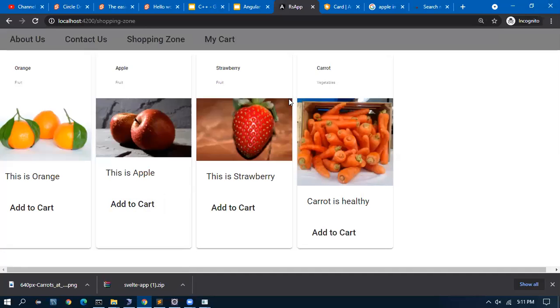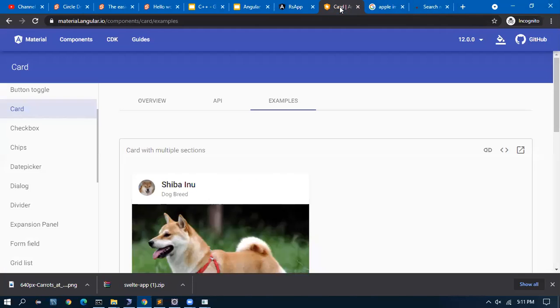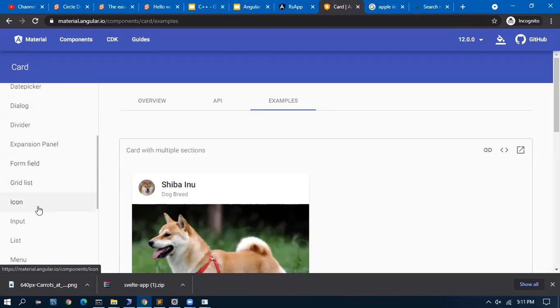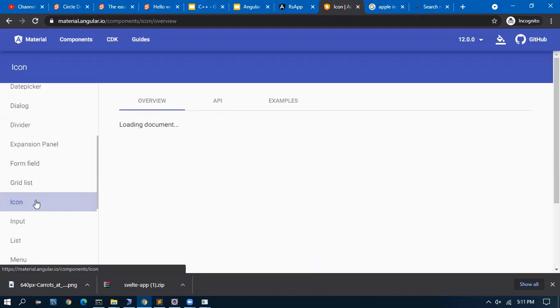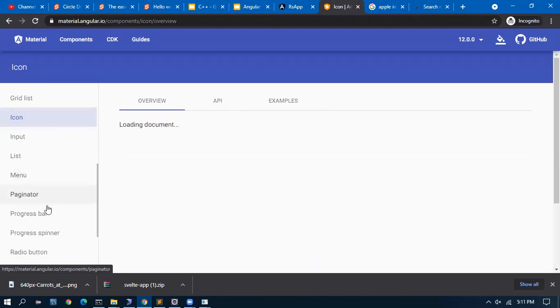Okay, so I have a menu, and if you go to the material component, there are many cool web components which we can use.